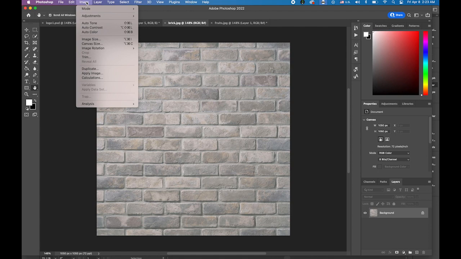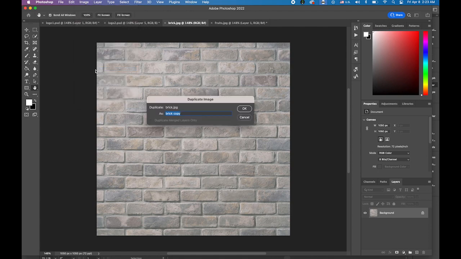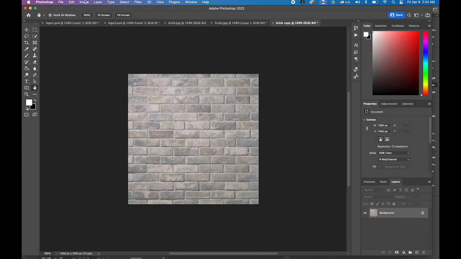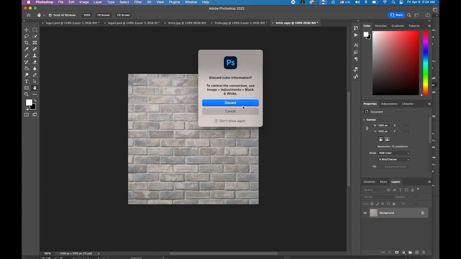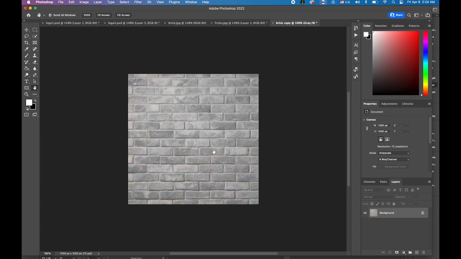So first thing is I need this as a source original file. So I'm under the Image menu and duplicate it. Make a copy. Okay, and change the mode from RGB to grayscale. So now this is a black and white photo. Okay, then unlock the layer,